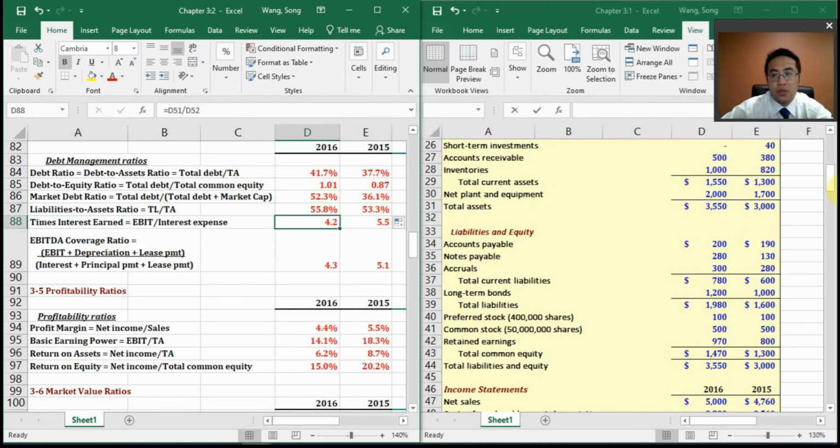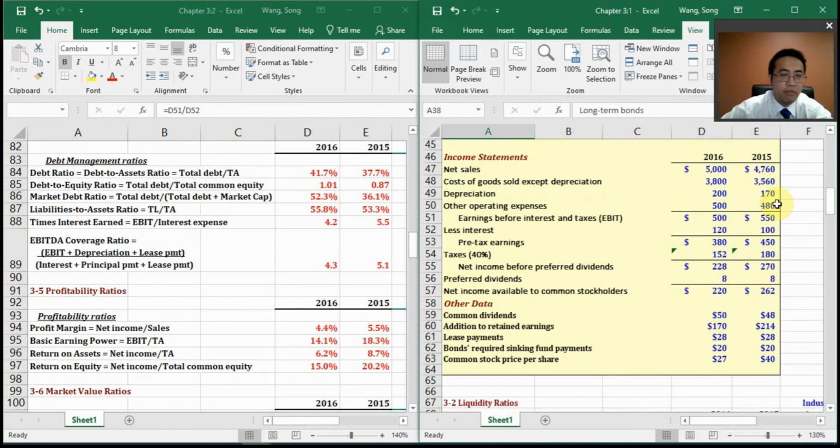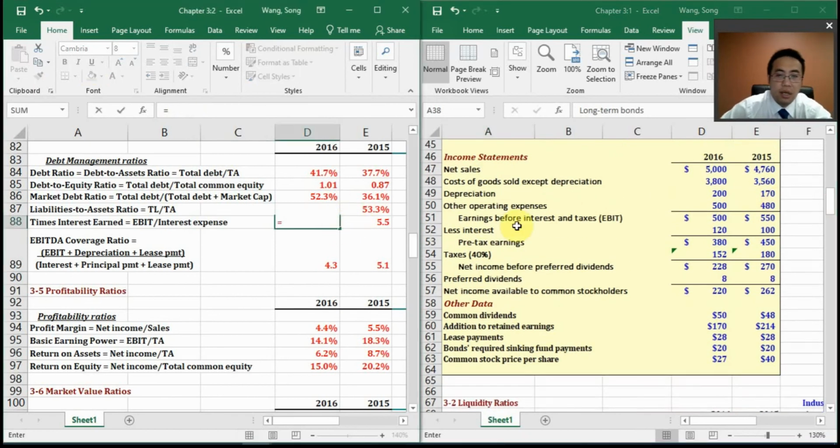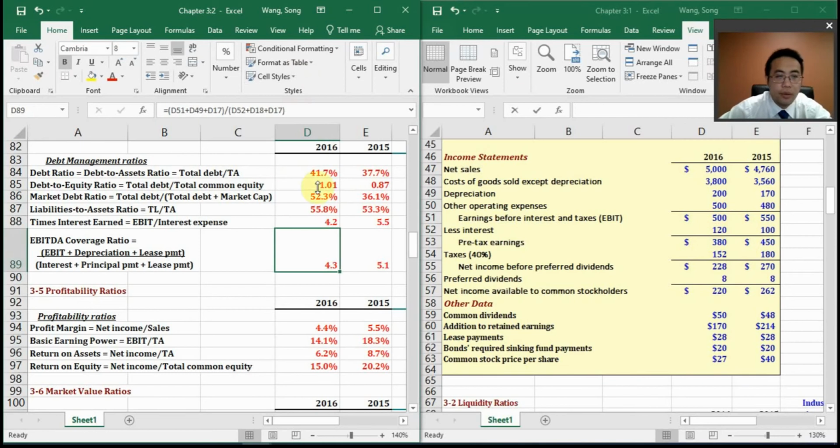I will need to use items from the income statement, starting with the EBIT, or the operating income. So that's 500 here, divided by the interest. And this ratio measures the firm's ability to pay back its debt. So we want to have a sufficient operating income here, while the interest is limited. All right. The next one is the debt coverage